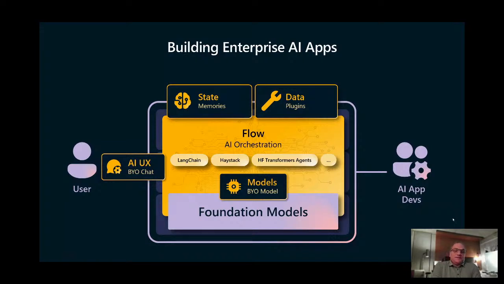So the minute we even just start working with state, things get different, and we have to learn all about how we deal with vector databases potentially, and how we create embeddings. And then oftentimes, as you start to run with this, I don't want to dive into this too much at this point in the presentation, but it can get pretty complex as you continue to use embeddings to train, if you will,